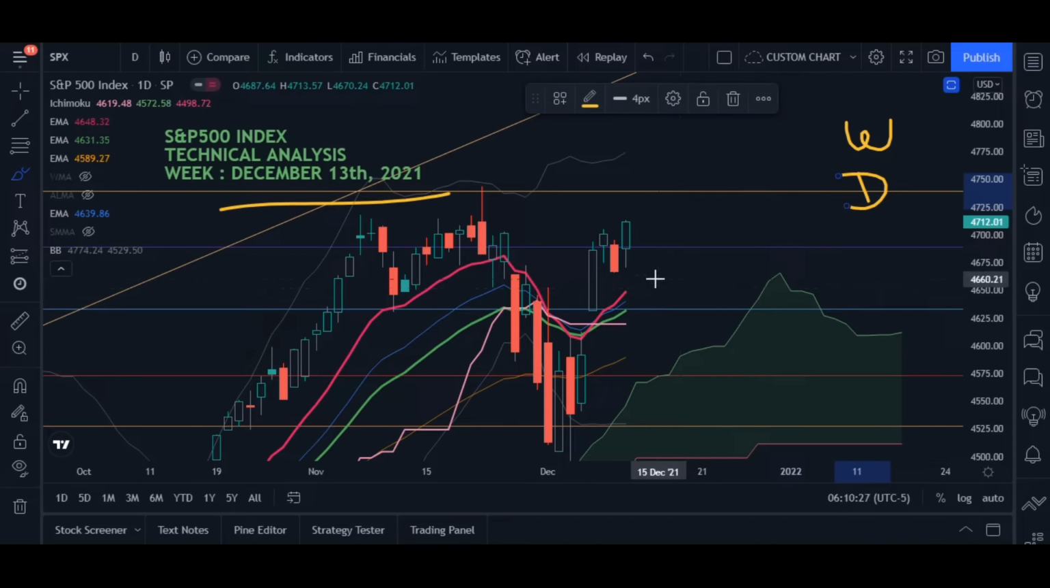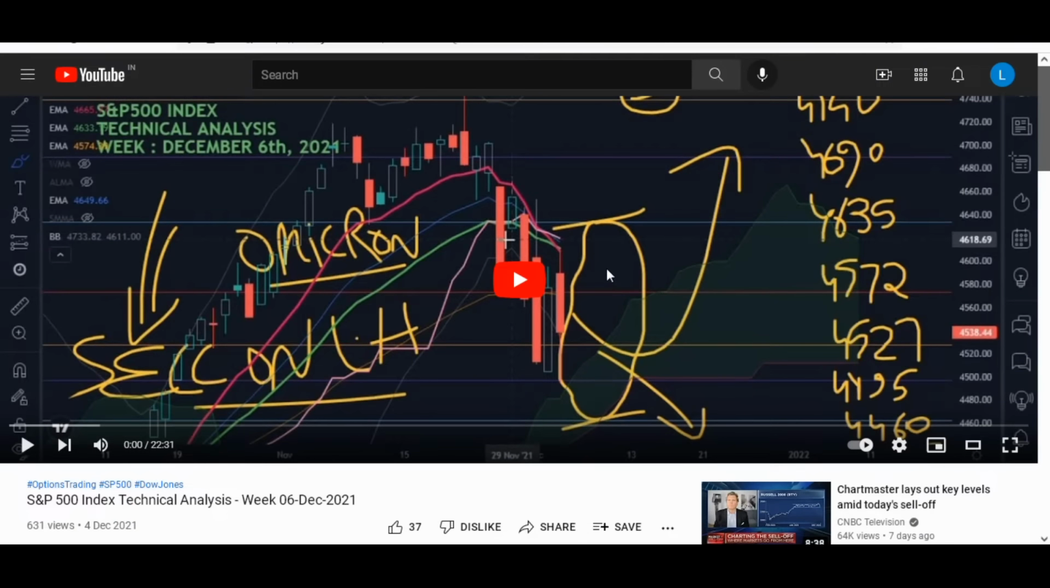Before I proceed with the technical analysis, let us review the previous technical analysis and the movement of the market. This was the technical analysis that I did last week. Here I told you that there are very heavy chances that the market will come and hit the Ichimoku if it crosses this particular 4527. If it crosses 4527, then it will come and hit Ichimoku,